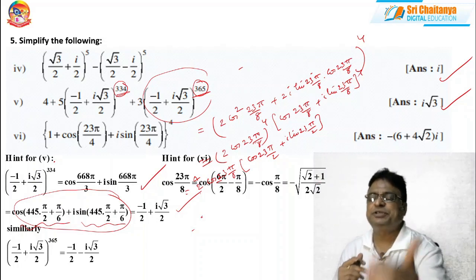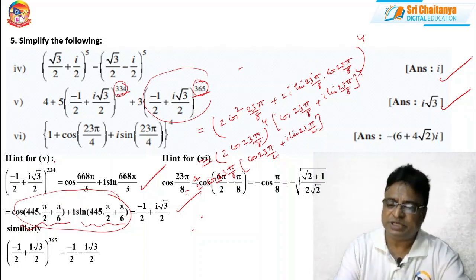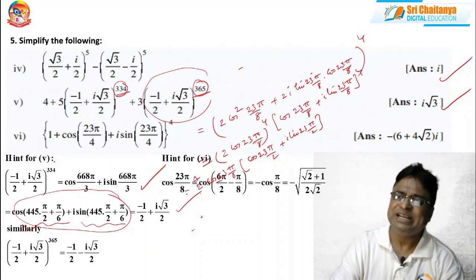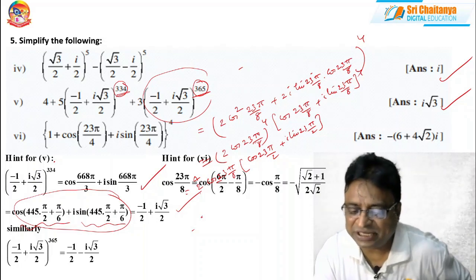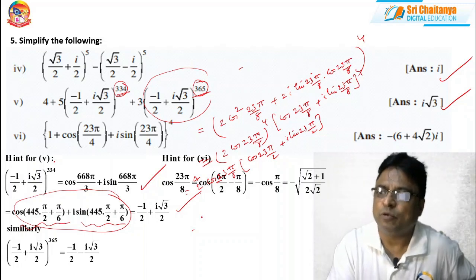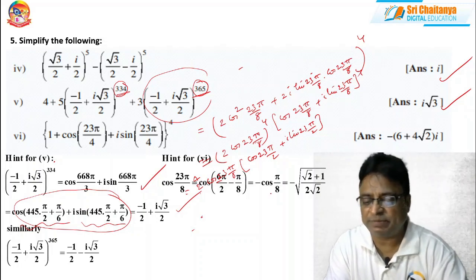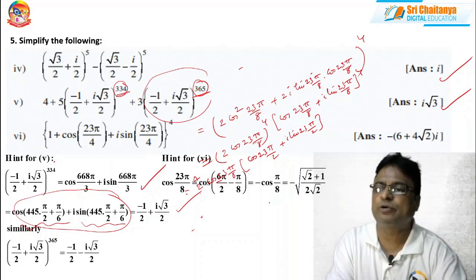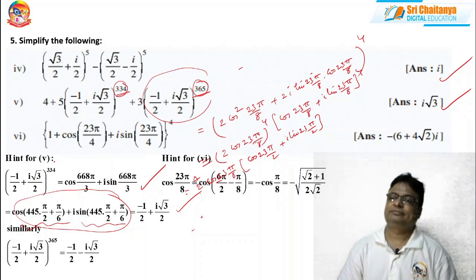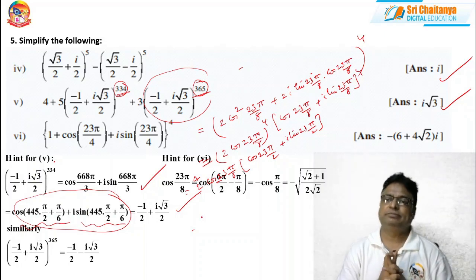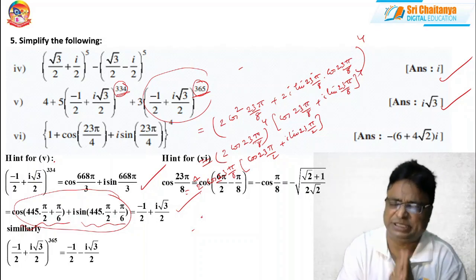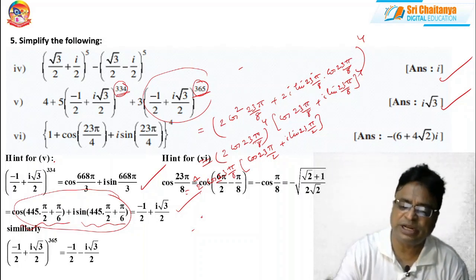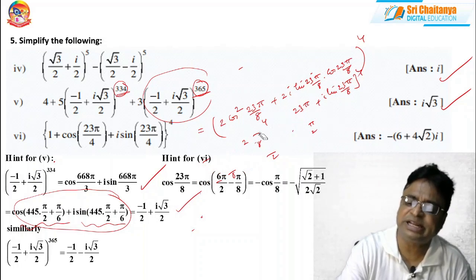So you just substitute this value and simplify, and you will get the answer. My friends, don't get any tension, it is very simple also. The only thing is it requires the whole power 4. That means minus of root 2 plus 1 by 2 root 2, whole square. Again the root will vanish, and after that you have to square again on both sides, and you will get the answer. So this is the only crucial step in this problem. It requires the simplification. And moreover, how to find cos 23 pi by 8? I have given a small hint for you. Use this hint and solve. Otherwise, it will take problem for you.